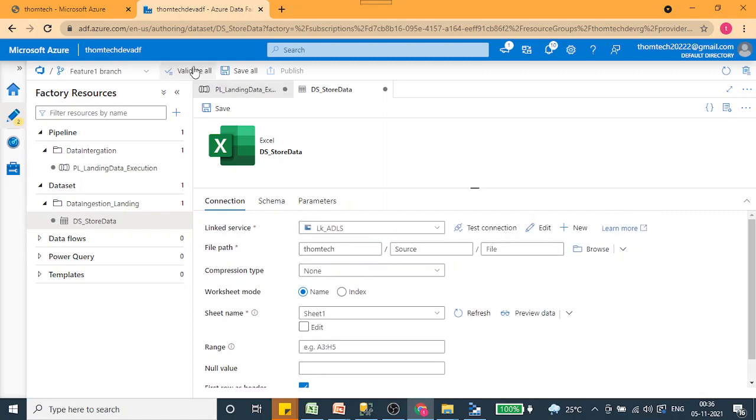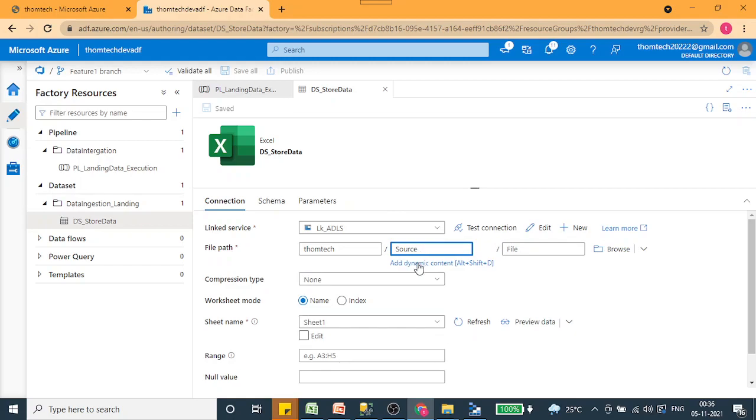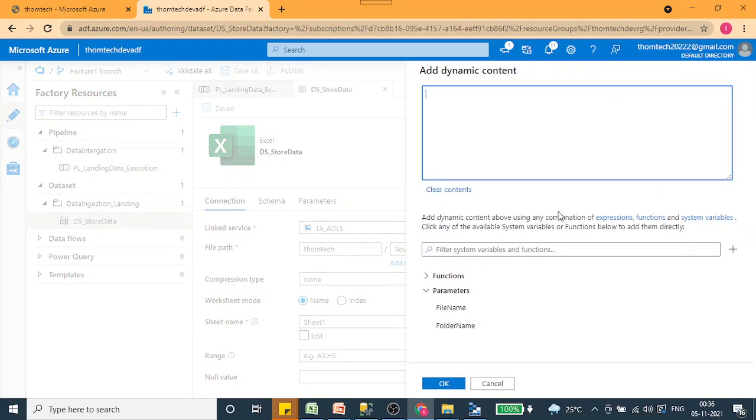Let's save this. Since we have done so many activities, creating the folder and data sets, let's save this first. Now it's the important part. We have created the parameters, but we have not done any tagging. So how can we do the tagging? Click on this, click on add dynamic content and take the value from the folder name.